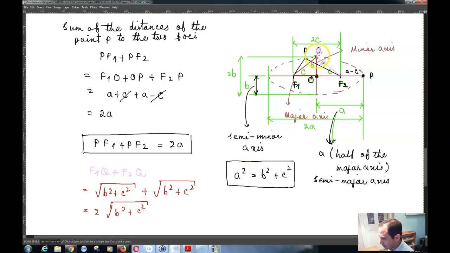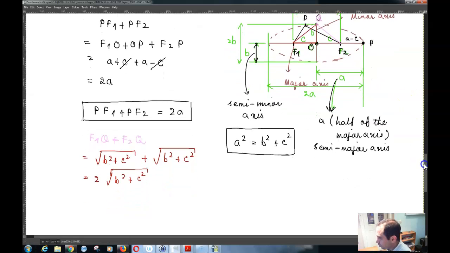Okay, so that is again another point that we picked somewhere on the ellipse, and that is the sum of the distances of that point from the two foci. And we calculated that distance to be 2a, and for the same distance, now we got basically this expression over here. So that means that I can write 2a is equal to 2 times the square root of b squared